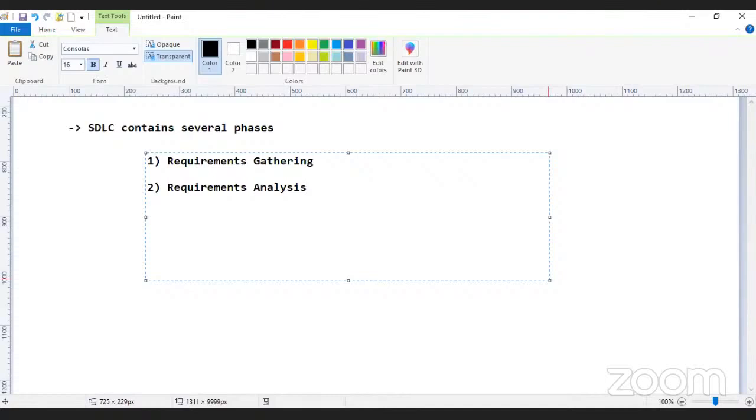Whatever requirement the client is giving, we may not develop everything. The client may tell, if I click one button, a rocket should go to the sky. Can we do that? No. So requirements we have to gather, then we have to analyze those requirements. Requirements gathering, requirements analysis. The next one, design, then development, testing,